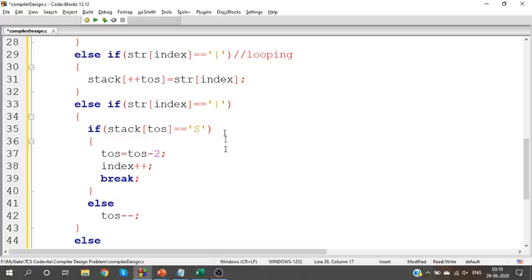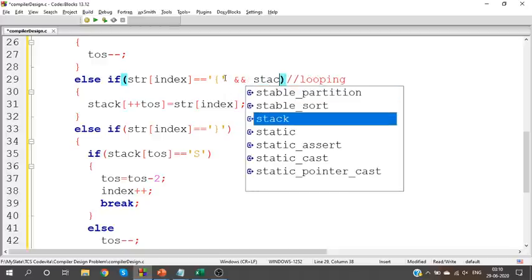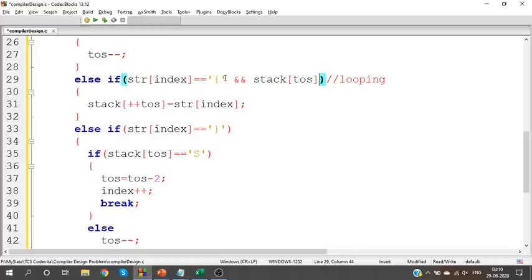So to track that, I'm going to ensure that the top of stack is not a starting bracket. Because if it is a starting bracket, we would have pushed that bracket and then "yes". So when you push a looping bracket, ensure that it is not a starting bracket.